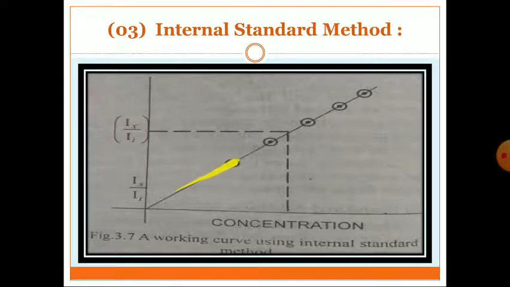When we get the straight line graph, we don't know the concentration of the unknown sample solution, as in the calibration curve method, but we know the emission intensity of that unknown sample solution. By that value, when we draw the line on this straight line, from that on the concentration axis, we will get the exact concentration of that unknown sample solution. Actually, the working of this curve is totally like the calibration curve method.